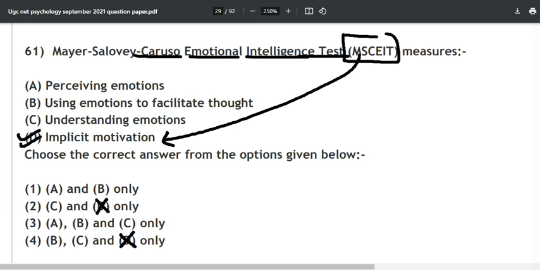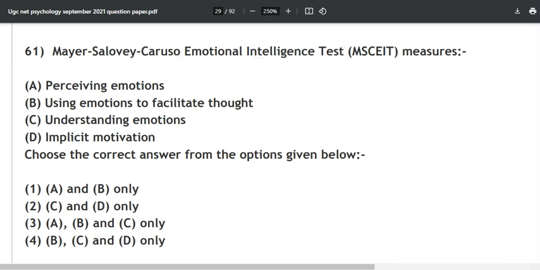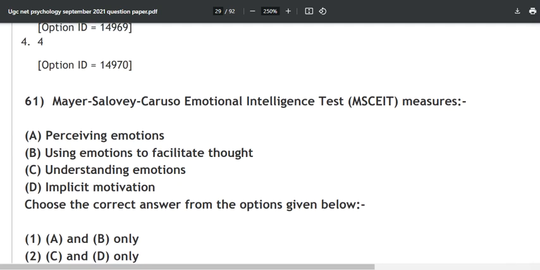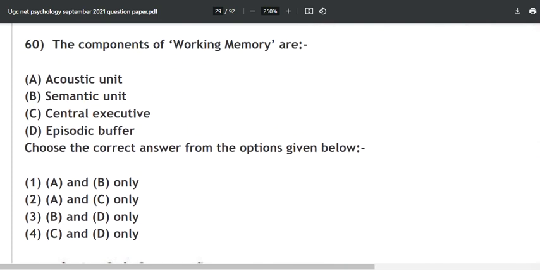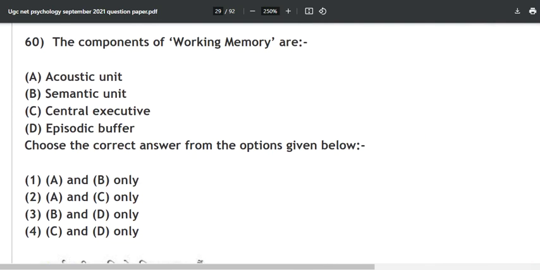So in the exam hall also you have to think like this. Even if you have watched all the PYQ videos, you don't even need to apply anything apart from common sense. You will find questions based on that only. Now see, the components of working memory are...